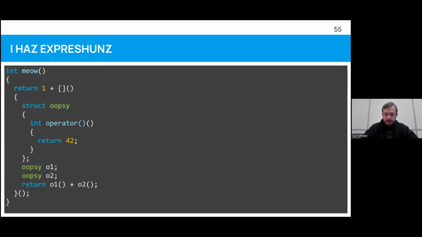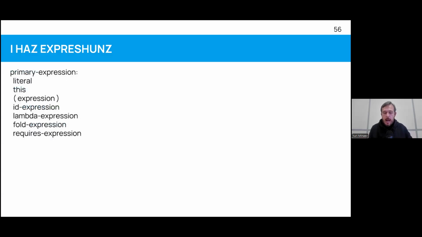So if we want to parse expressions in C++, honestly parse them without cheating and stuff like that, we have to actually parse the entire language.